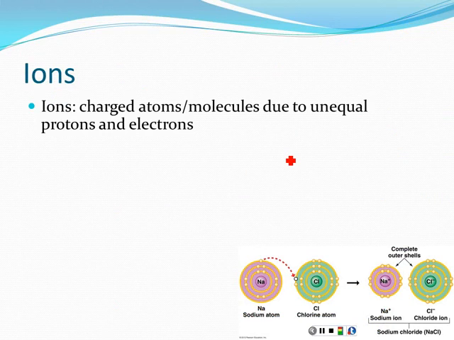The first shell has 2 electrons maximum, and then the second shell has 8, and the third one also has 8. What I'm trying to get at is that for the chloride we have 7 on the outermost shell, so it needs one more to fulfill that and be happy, basically. For the sodium, it has one extra one, so it could donate that extra